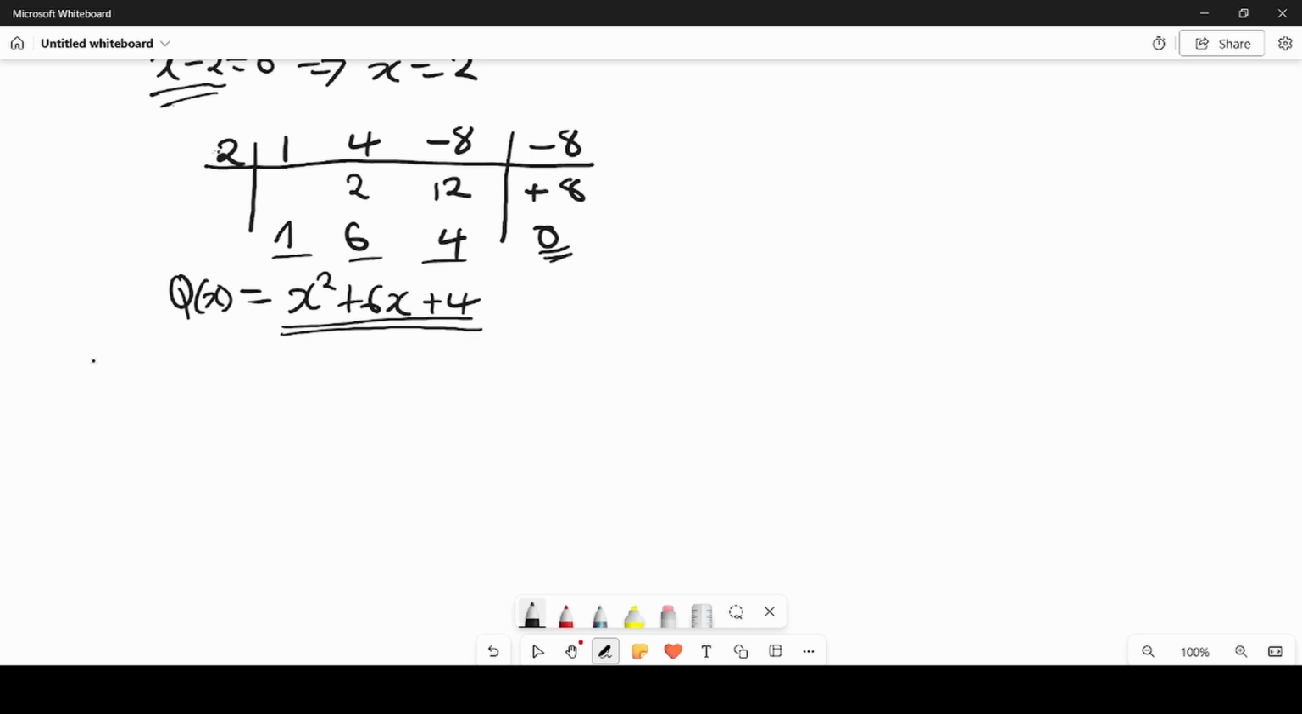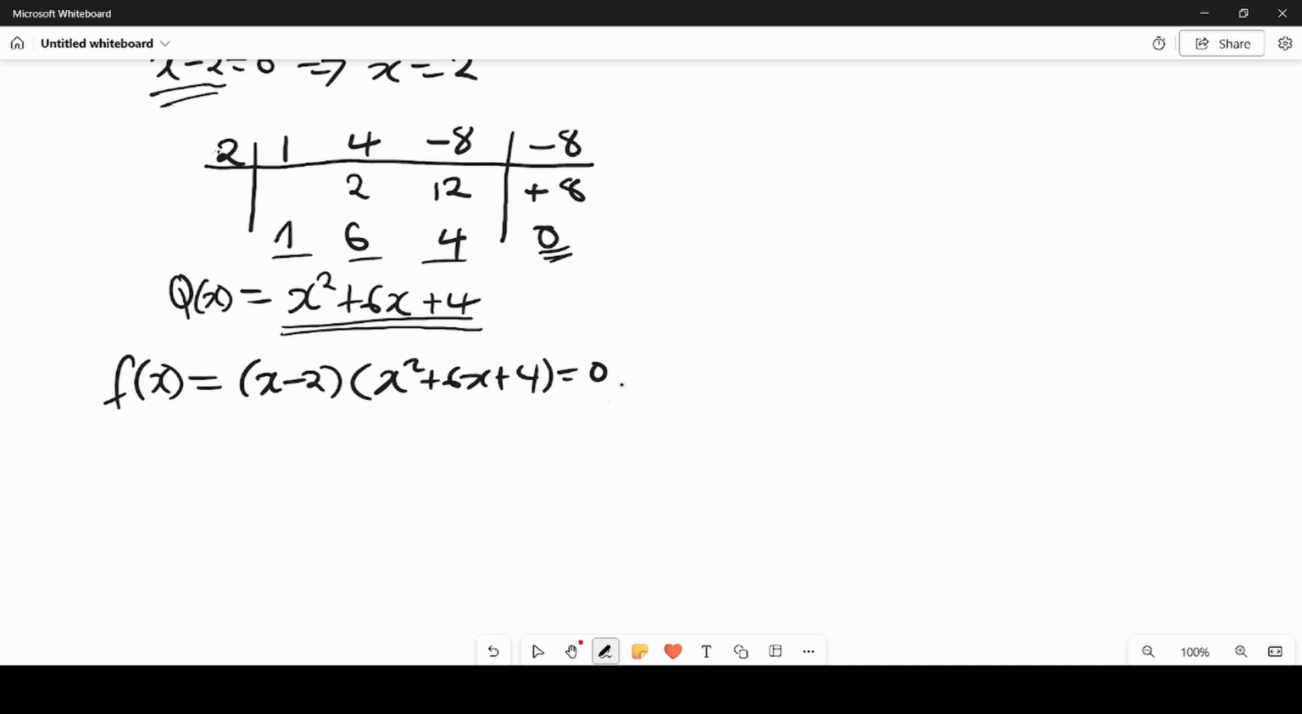Okay, you cannot factorize this. So what do you do if you can't factorize it? You're going to solve it. So let me write first our given polynomial as a product of its factors. We should have x minus 2 and x squared plus 6x plus 4. So to find the values of x, we equate these factors: x minus 2, x squared plus 6x plus 4